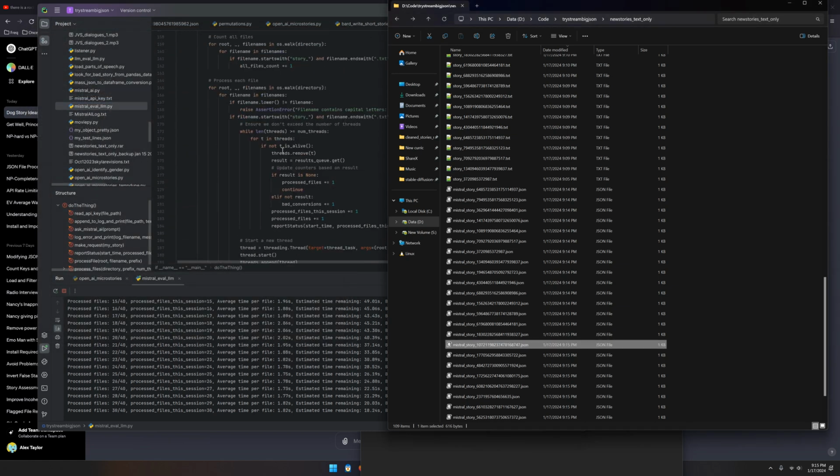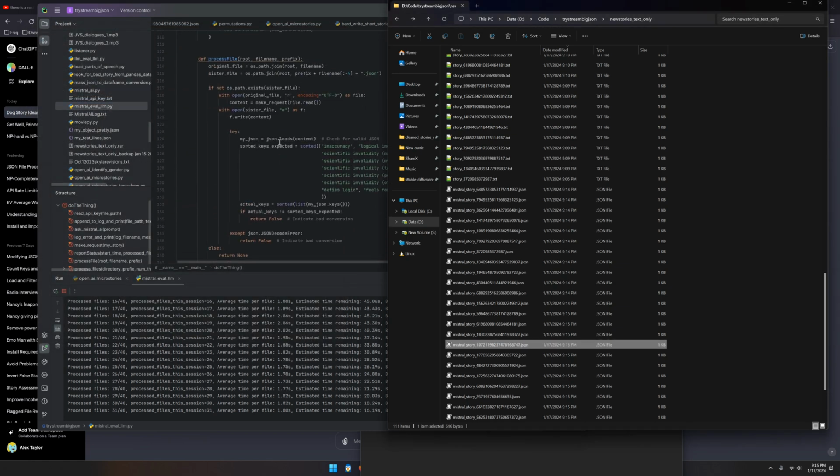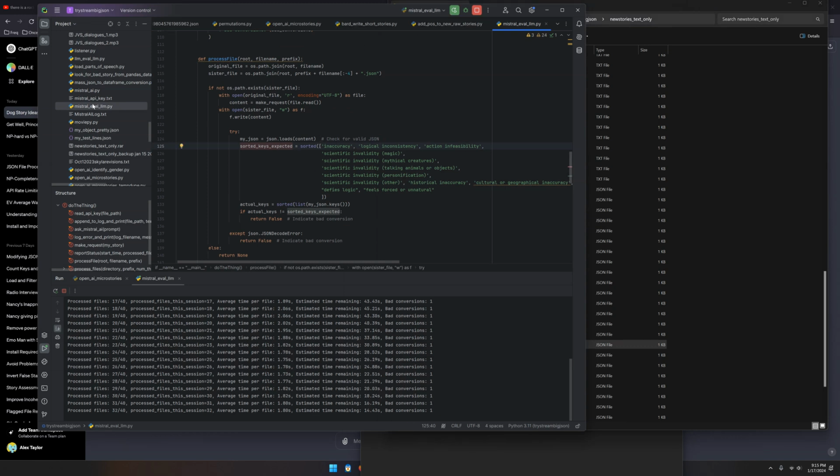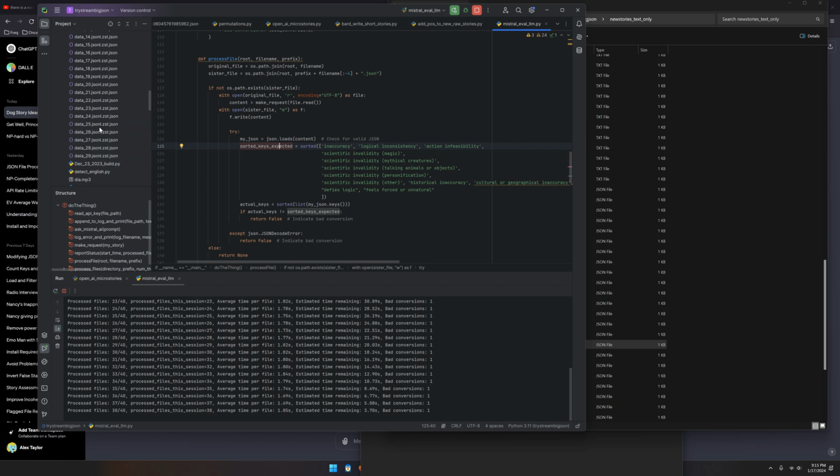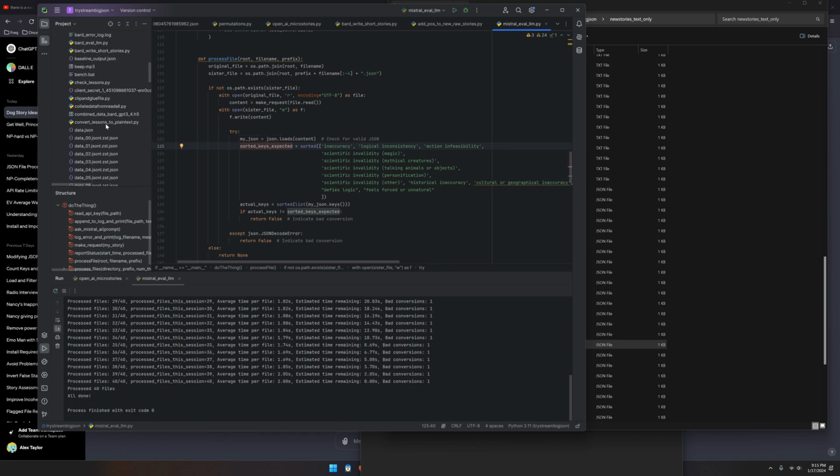Now we are going to apply this script, but we're going to use it in all three, ChatGPT, Bard, and, well, the Mistral's already done. So OpenAI. Let me see. We should have ChatGPT evaluate. Where is it?